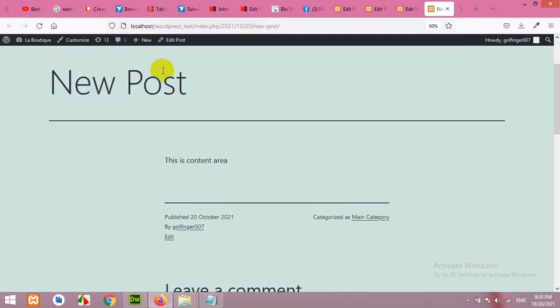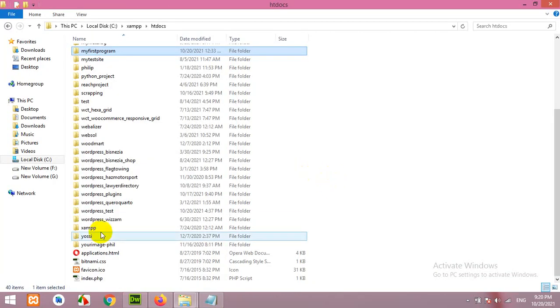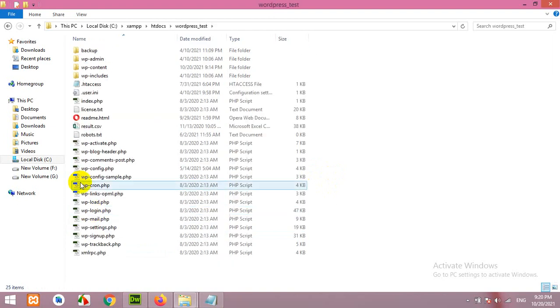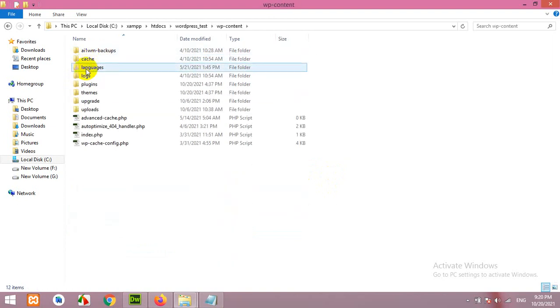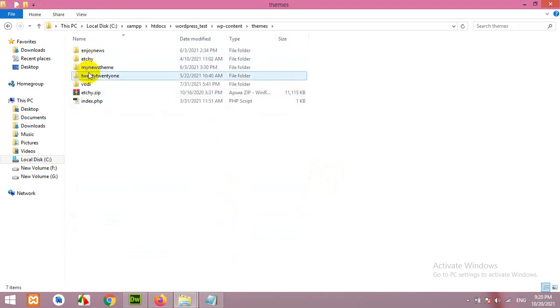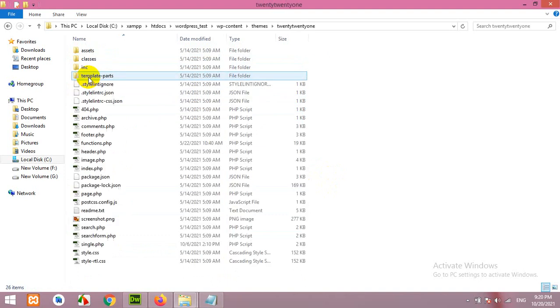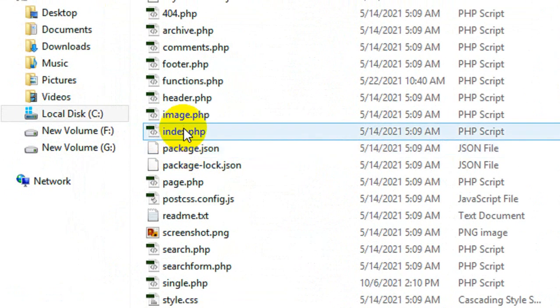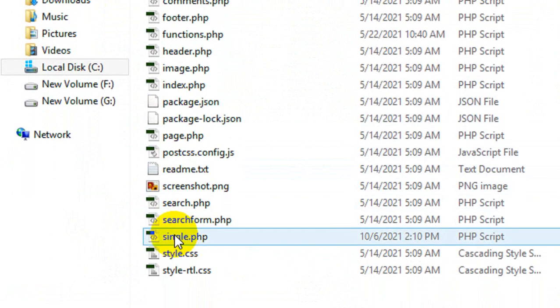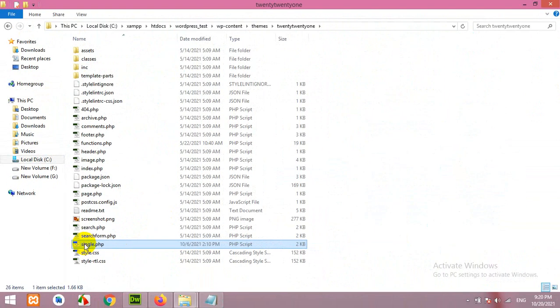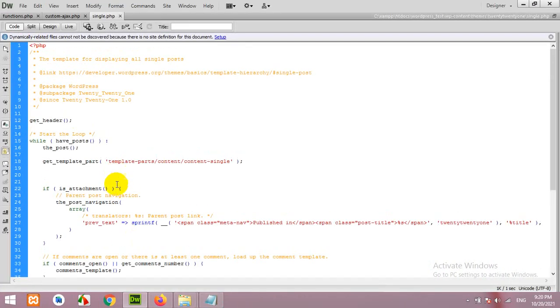Now where you can find the file for this, you will have to open your theme folder. For example, my theme is Twenty Twenty-One, under wp-content themes. Look for single.php because it's a normal post.